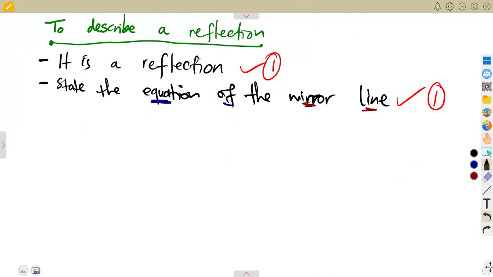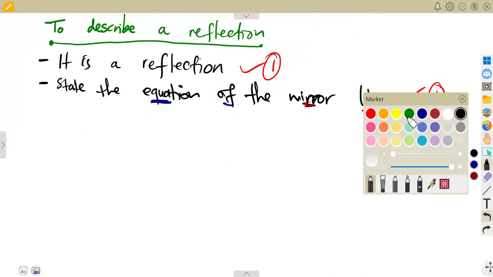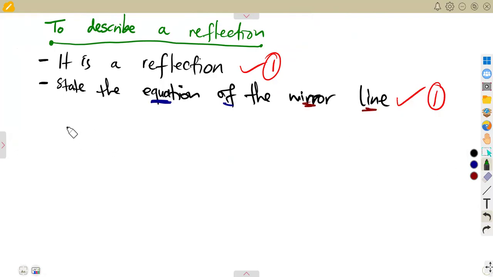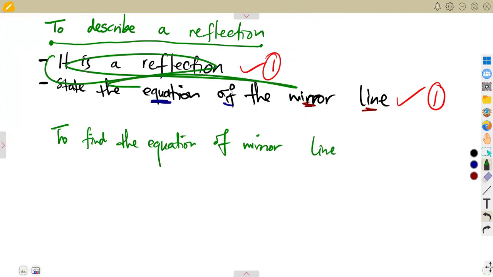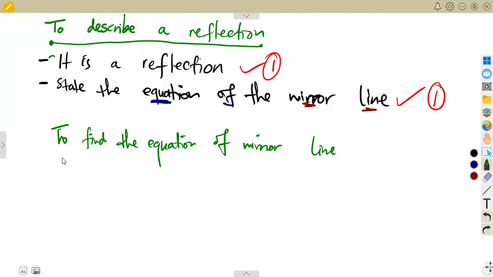All right, so how am I going to find this? Because I need to determine this, but how am I going to find it? To find the equation of the mirror line, you do not write this when you're asked to describe. To describe, you're done here. This is to describe. Now I'm just saying, since you need this equation of the mirror line,